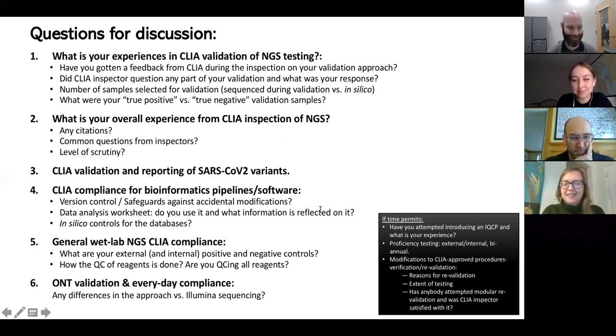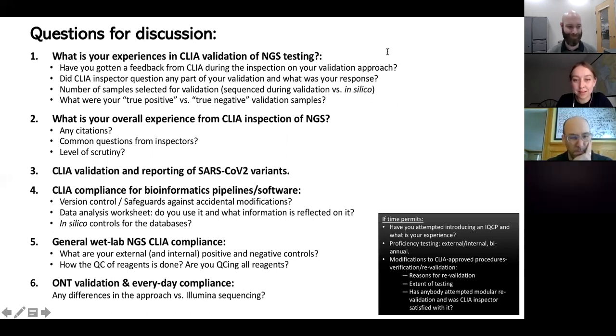I was thinking that we actually went through the majority of the topics on our slide, but I feel like bioinformatics pipeline compliance is still applicable to the SARS-CoV-2 sequencing, and it would be great to discuss that topic, if you don't mind. So we were wondering if you could comment on your compliance for your bioinformatics pipeline or software.